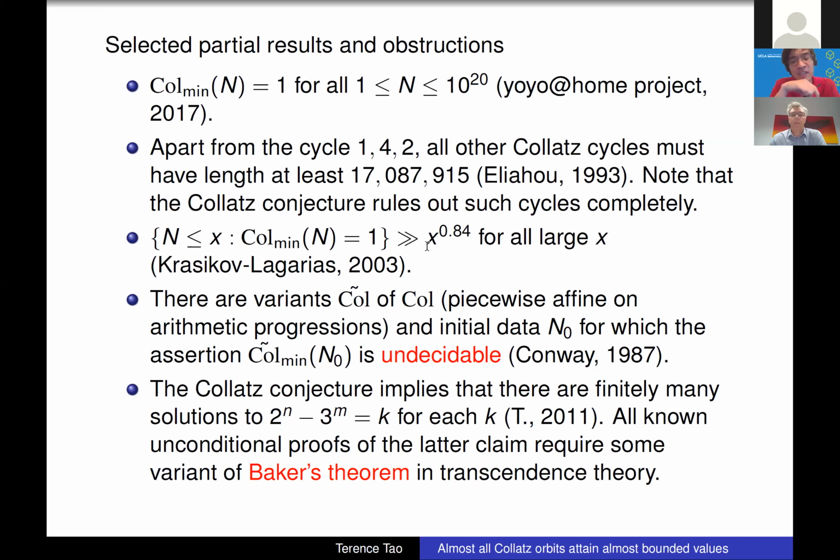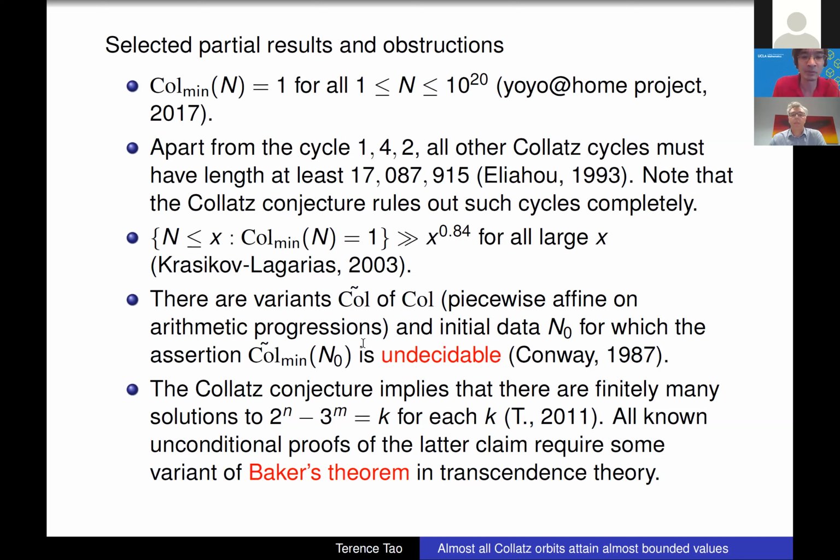John Conway did many things, but he invented an entire computer language called FRACTRAN, based on maps like this. Among other things, he could use this language to construct a variant of the Collatz map, a bit more complicated, with maybe 100 different cases rather than just odd and even. You do a different linear transformation for each arithmetic progression, and there's a variant of this map and a certain choice of initial starting point where you can't decide whether the orbit